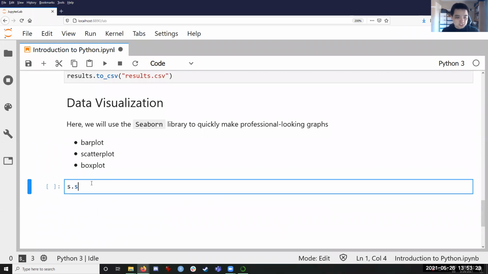We start the chain of thought with SNS, and from there, if we want to make a bar plot, for example,